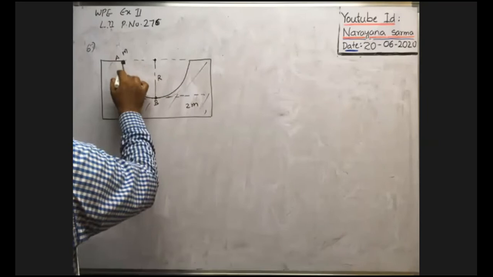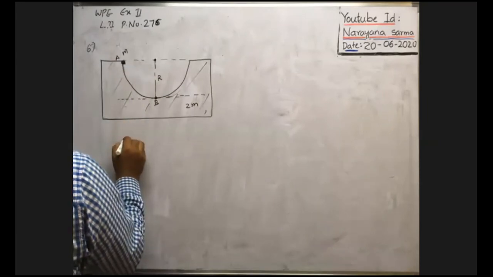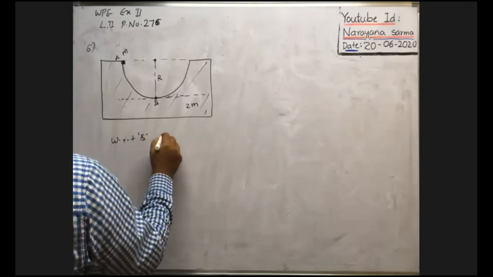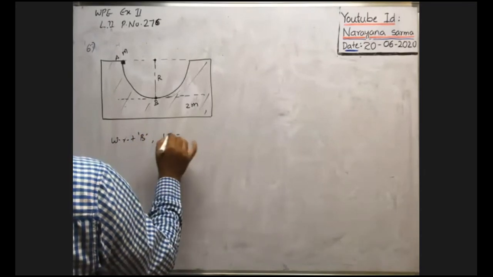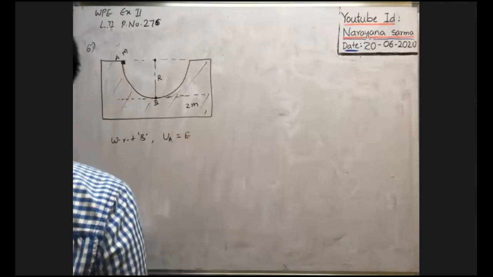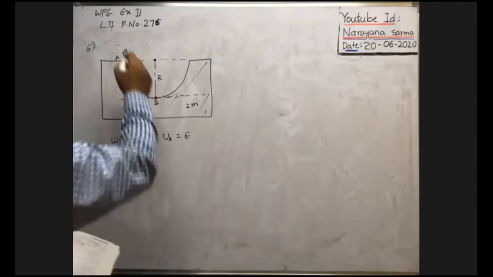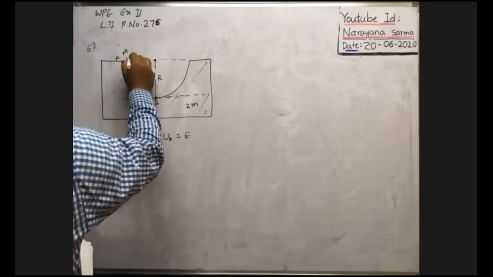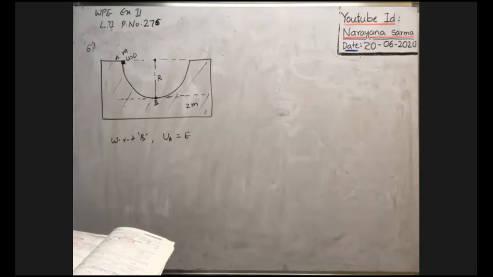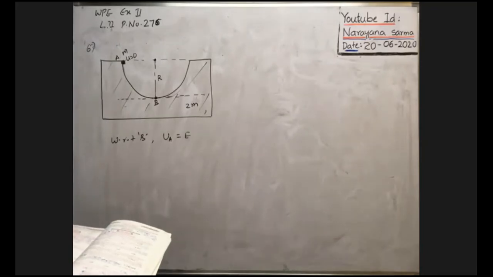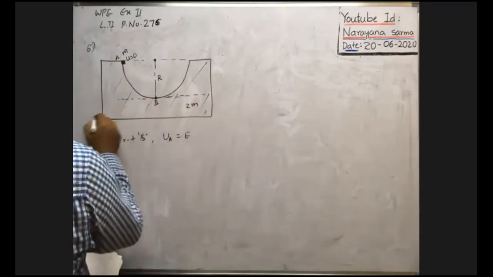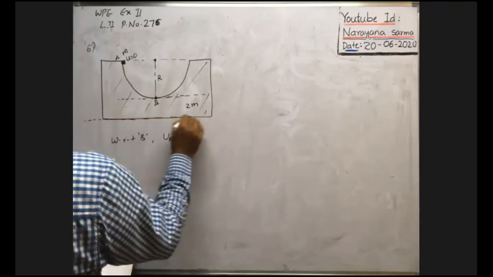The potential energy of the body when it is at A is given as capital E. Of course, as the body is released from this point, its initial velocity is also 0. Now, the dimensions of m are negligible and all the surfaces are smooth. This surface is smooth, and the surface on which this wedge is kept is also smooth.